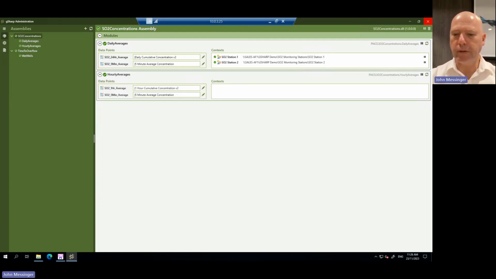Okay, another question coming through. Any thoughts of a wizard interface for adding inputs and outputs to calcs?